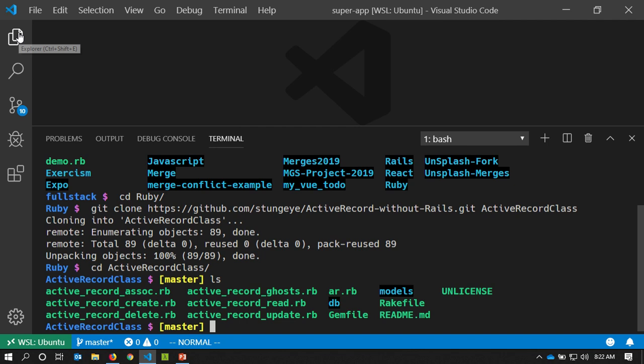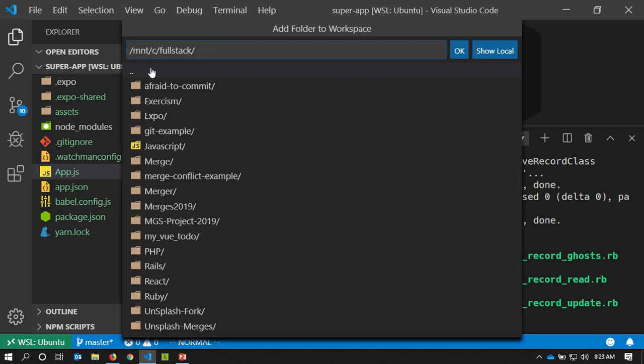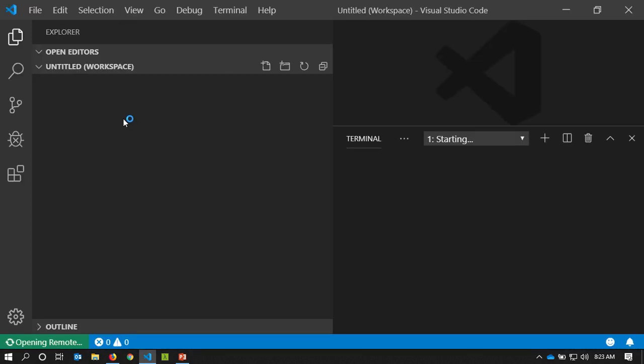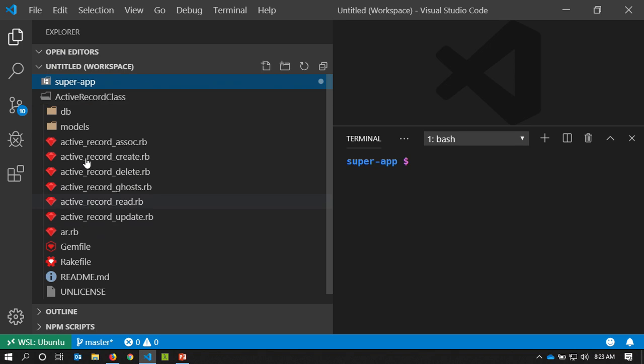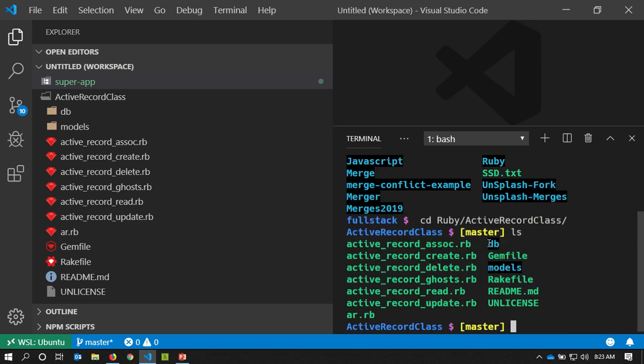All right, and then in VS Code, I'm going to add a folder to the workspace, and I'm just going to pick that folder. So I'm going to go to Ruby and ActiveRecord class and OK. And there it is. Oh, you opened up inside of the wrong folder again. ActiveRecord class. Okay, so